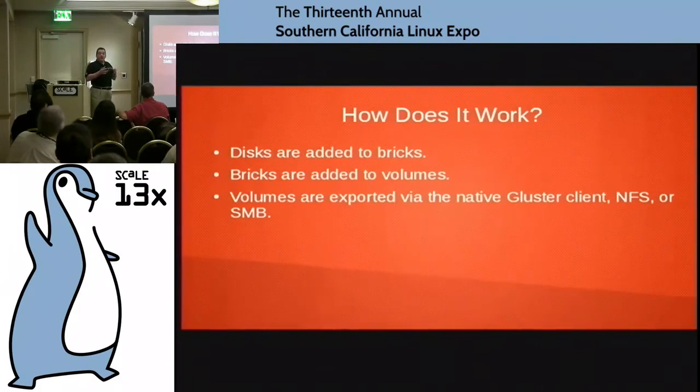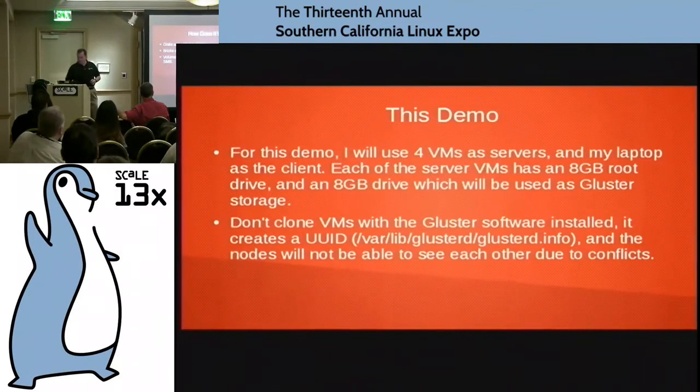And then once you've gotten the volume set up, you export that volume, you start the volume, and it becomes available to other servers or other machines out there, and you can connect to it one of three ways. The native Gluster client, which is the best way to do it because it uses that hashing algorithm that I was talking about earlier, so it does a direct write out to the machine where your data lives, or read. So that's the best way, but you can also use NFS for legacy Unix environments. You can even use Samba for CIFS or SMB environments.